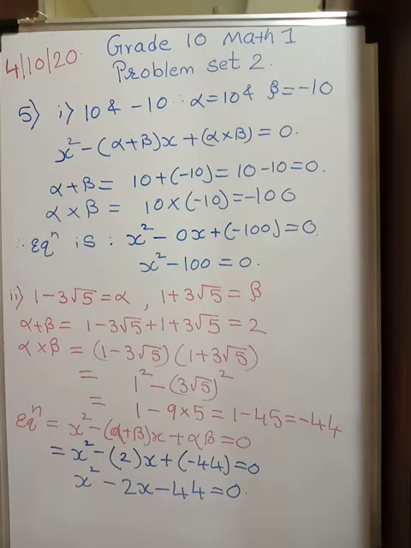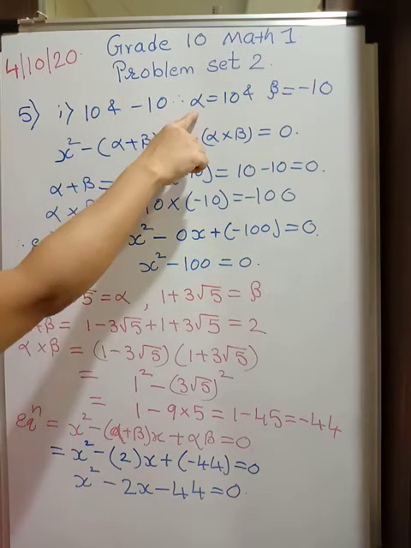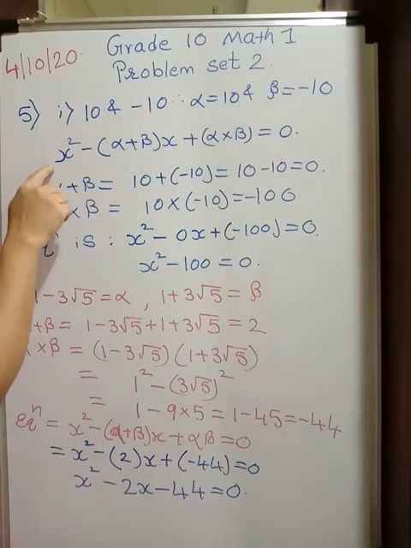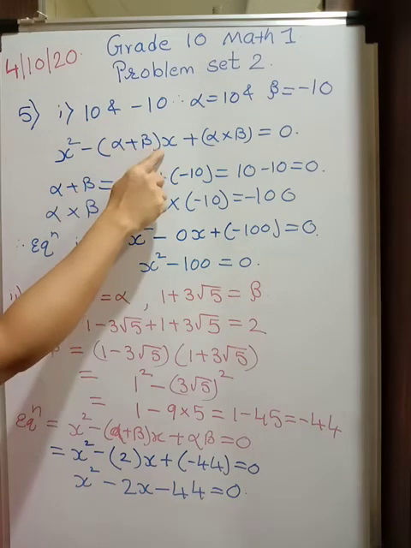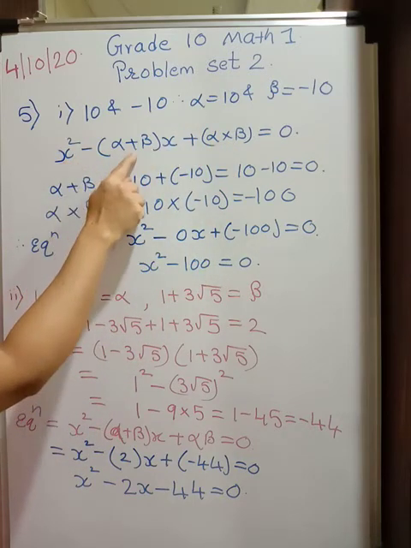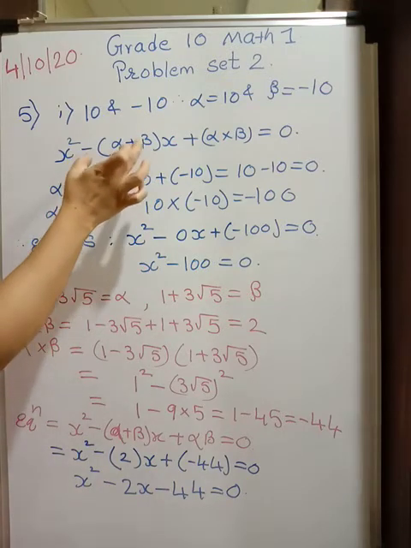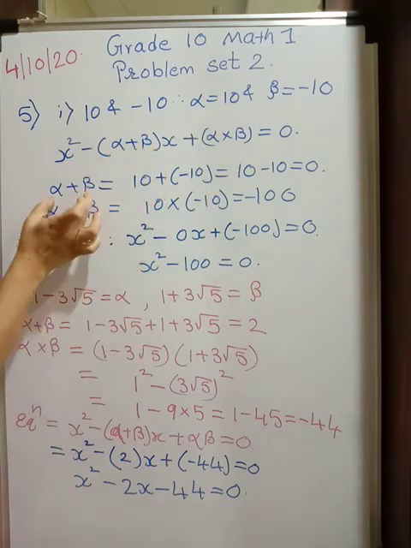Now the fifth question is that roots of the equation are given and you have to frame the equation. There are two roots given, 10 and minus 10. So you know if two roots are there, let one be alpha and another be beta. What is the general form of the equation? If roots are given, it is x square minus sum of the roots into x plus product of the roots. So we get x square minus (alpha plus beta) into x plus alpha into beta is equal to 0. So we need to find alpha plus beta and alpha into beta. So take the two roots and first find alpha plus beta.